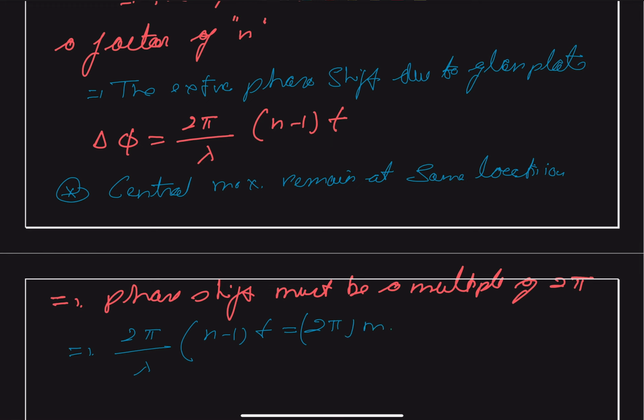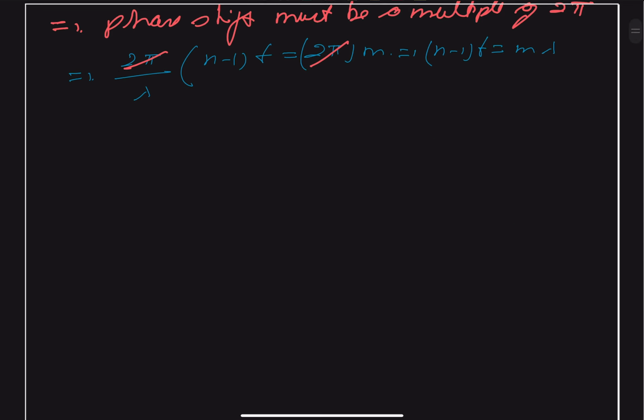And this 2 pi cancels with 2 pi, and this gives the equation n minus 1 into t equal to m times lambda, and we want this t to be minimum. So for minimum t,